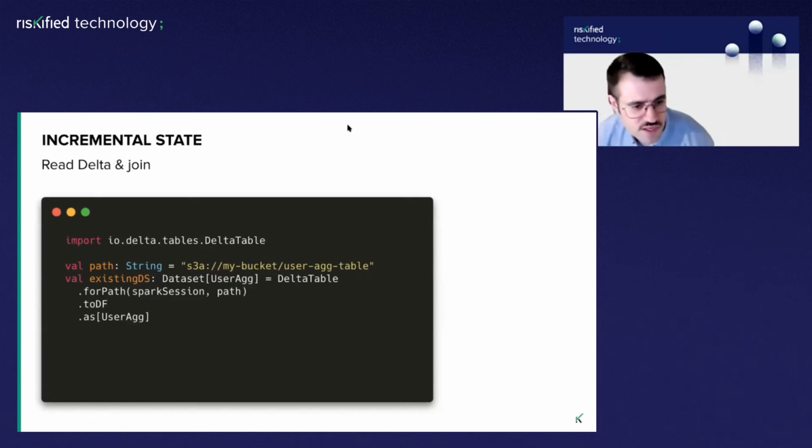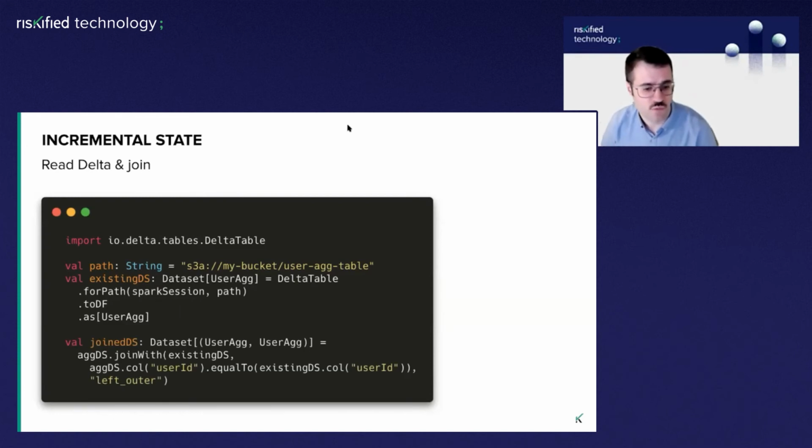So how can we work with Delta tables in Spark? I think it's a very simple API, as you may see here. When you want to read an existing data set, all you need to do is point it to where the actual HDFS resides, and it reads it as a data set of user agg. This represents, again, the historical knowledge of all aggregations we have about users. And when we want to join it with our newly arrived hourly aggregation, we just use the Spark API